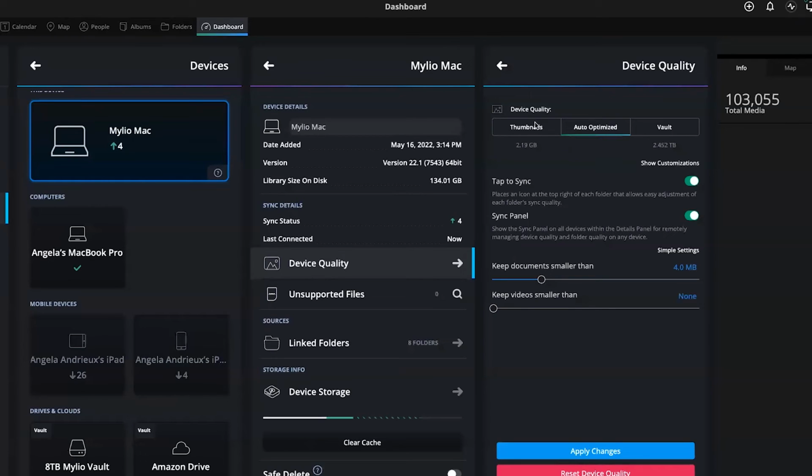And it'll keep thumbnails on every device. And then it will also bring in higher quality smart previews as space allows. And then I can also download and access the original quality on demand. So it's a very smart system, and it takes care of managing that space for you, but you decide which